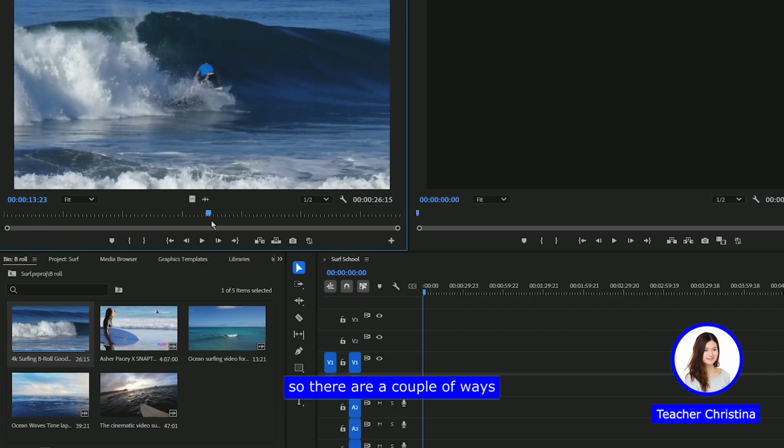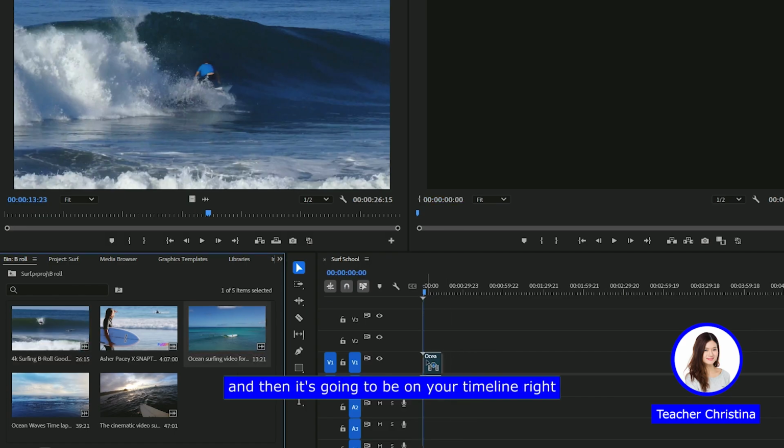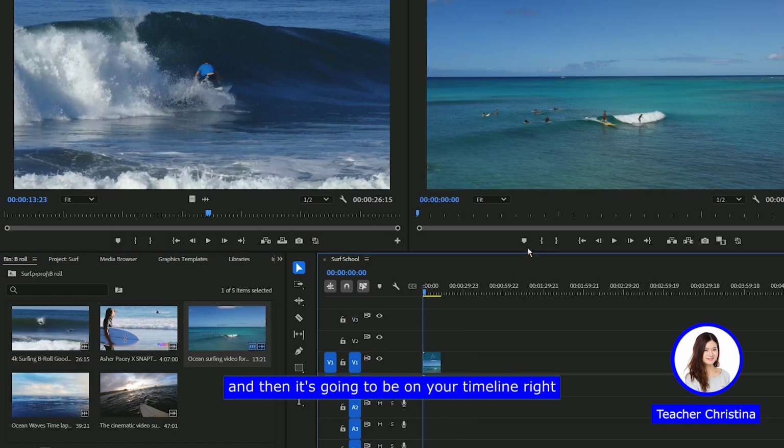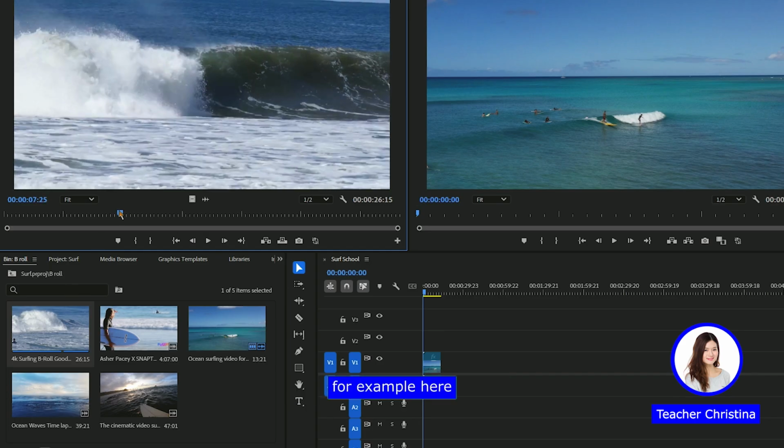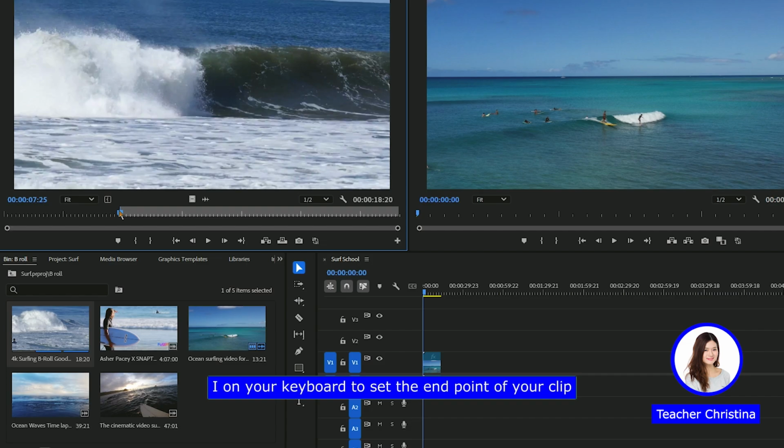So there are a couple of ways you can import to your timeline. Okay, one of them is just to literally grab the clip here, drag it onto a video track right here, and then it's going to be on your timeline, right? Another way you can go about it is by double-clicking on it here, and then you can select the part where you want the clip to start. For example, here, and then you can press I on your keyboard to set the start point of your clip,